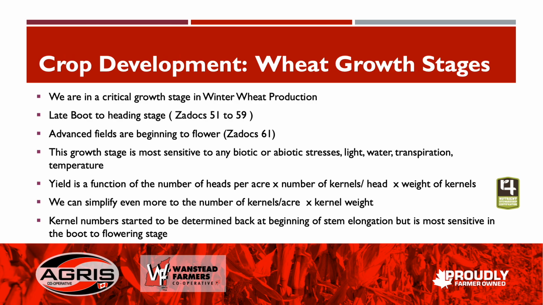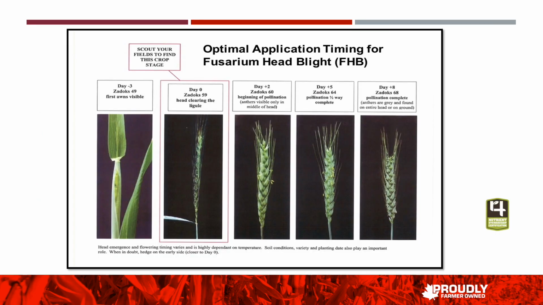Continuing on with our crop development series, we're going to talk about wheat growth stages. We are entering a critical stage in winter wheat production. We are in the late boot to heading stage, Zadoks 51 to 59, depending on planting date. And some of the most advanced fields, some of the earliest fields planted, are in that Zadoks 61 or flowering